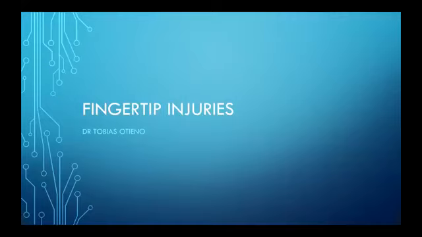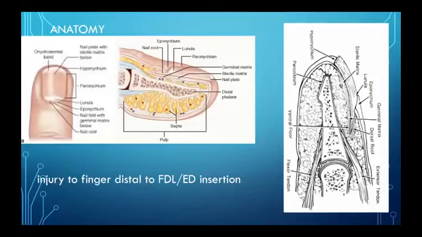But I think after this, I hope that most of us will have a change of view in terms of how these injuries ought to be taken care of. Okay, so just a brief overview of the anatomy of the tip of the finger. We are concerned with the injuries that occur distal to the attachment of the flexor digitorum longus, or rather profundus, and extensor digitorum. So flexor digitorum profundus and the extensor digitorum